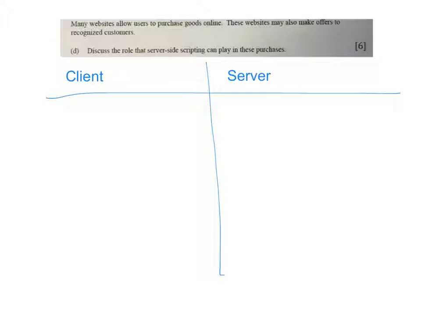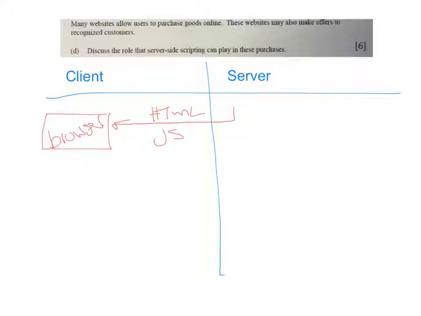Okay, so the difference between client and server-side scripting is that on client-side scripting you have a web browser, and in the browser it downloads from the computer on the internet some code. This will probably be part of an HTML file, or it will be appended to the HTML file, so it could be a JavaScript file or something like that. And what happens is with client-side scripting,